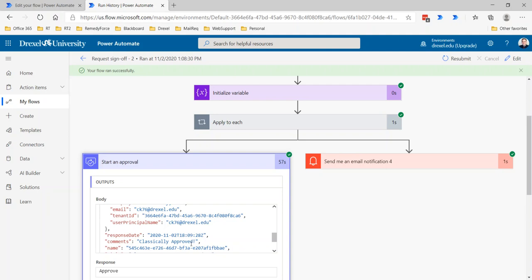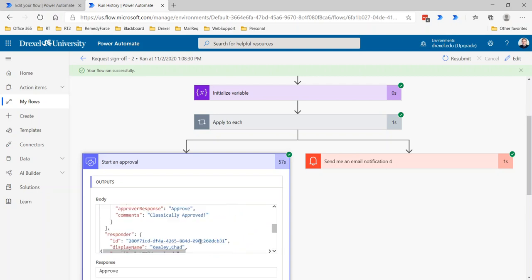Now this is important because you typically want to include those comments when you are sending the requester an email to say this was approved or this was rejected. Typically when someone is approving or rejecting, they're going to include why. Especially if they're rejecting it, they should include some indication of why they're rejecting it in those comments. So you want to include that in your email to the requester. And in the classic approvals, because comments is a singular field,